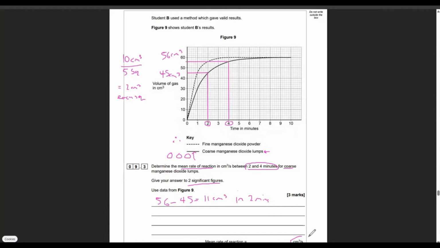There was an increase of 11 centimeter cubed, and it took 2 minutes. So if you did 11 divided by 2, that's going to be 5.5 centimeter cubed per minute. But they want the answer in seconds, so we're going to do 120 seconds, because 2 minutes times 60 is 120 seconds. We do 11 divided by 120, and we're going to get